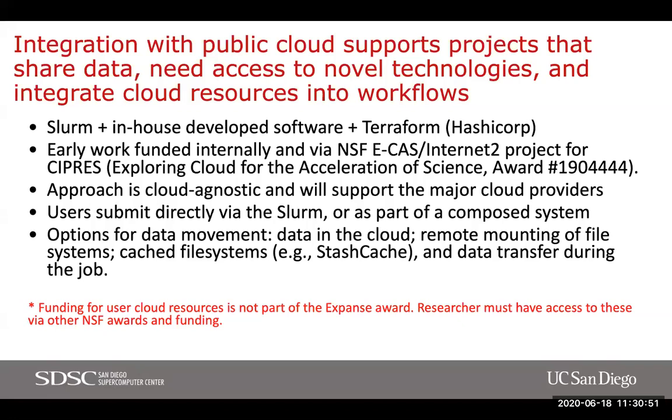We are just enabling somebody who wants to integrate their runs on Comet with runs on the cloud. The way it works is to use Slurm and some in-house developed software and Terraform. We've been testing this with the Cypress Gateway, which I think was funded a little bit internally, and then also from the NSF ECAS Internet2 project,